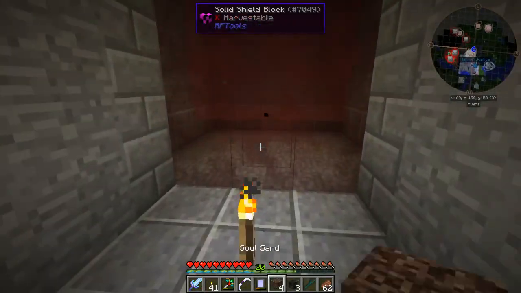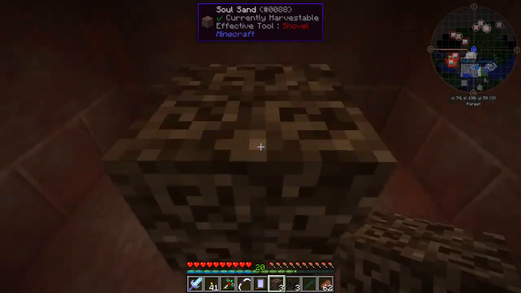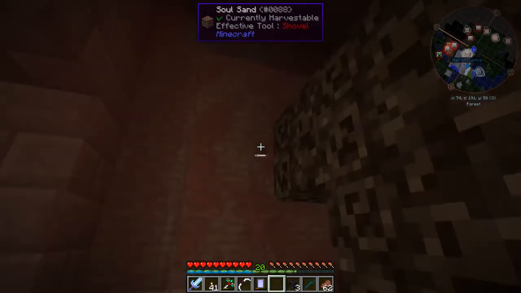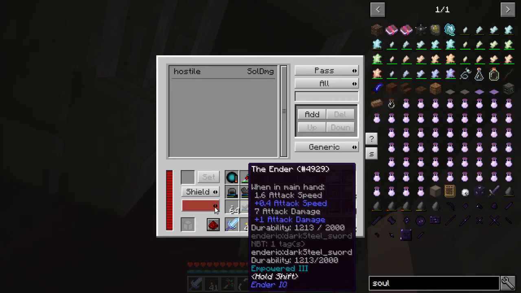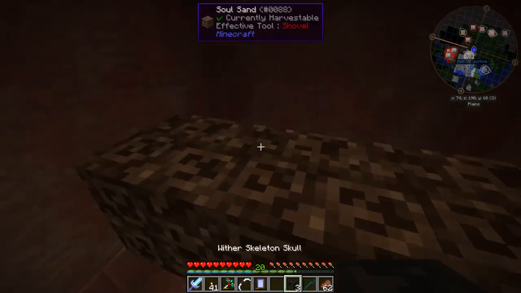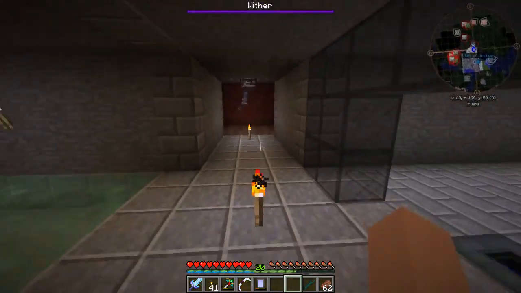All right. So wither skulls obtained. So let's go ahead and build ourselves a little wither right here. And before I do this, you are configured properly, right? Hostile, solid, damage, on, yes, good, okay. I don't want to have to fight this guy again, but let's get out of here now,